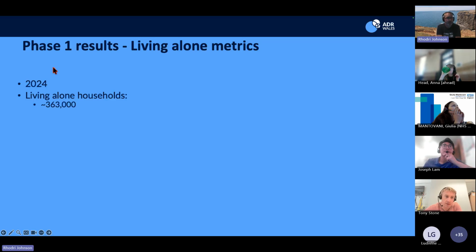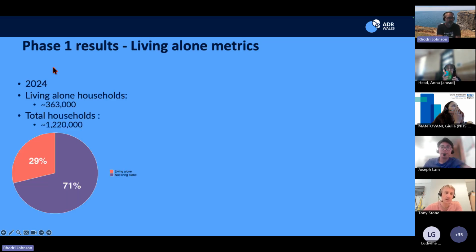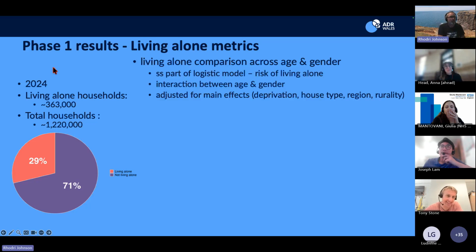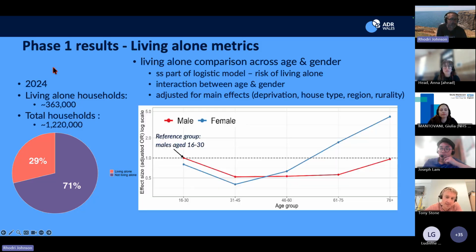A bit more detail. So this is for 1 year, 2024. Living alone households, 363,000. Total households in Wales, around 1.2 million. 29% living alone. Nice pie chart, because I know how everyone loves a pie chart in the academic world. So then we looked across age and gender as part of a logistic model, obviously a typo there, for the risk of living alone, adjusted for the main effects of deprivation, house type, region and rurality, the ONS, with the interaction between age and gender. So we have a reference group of males aged 16 to 30,